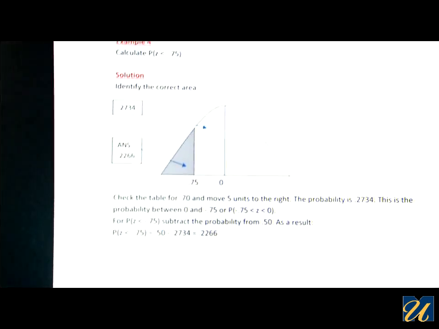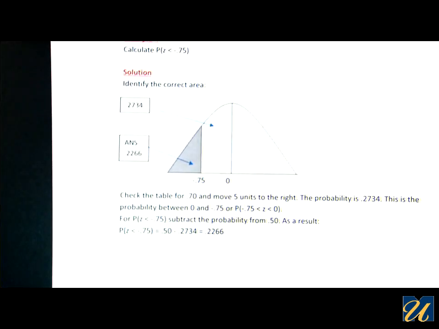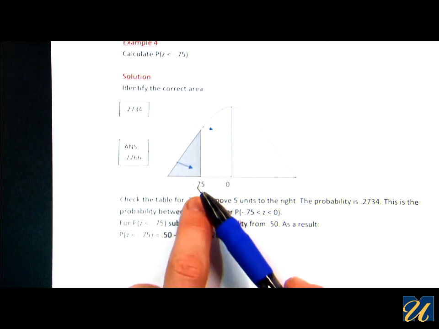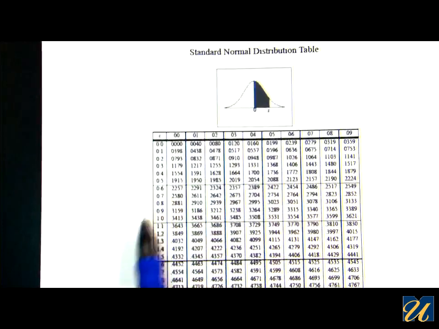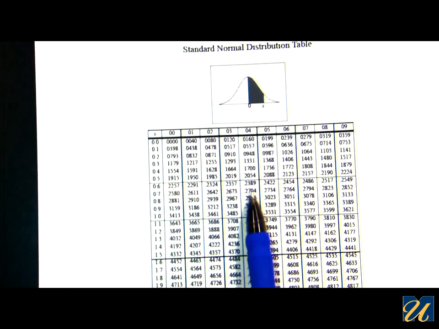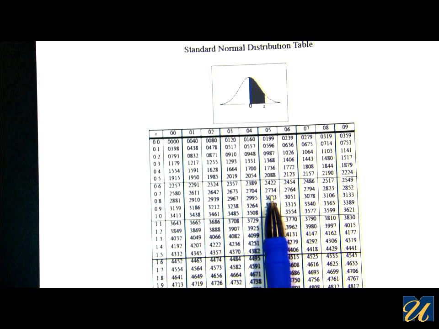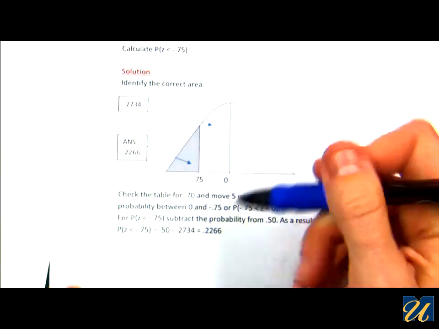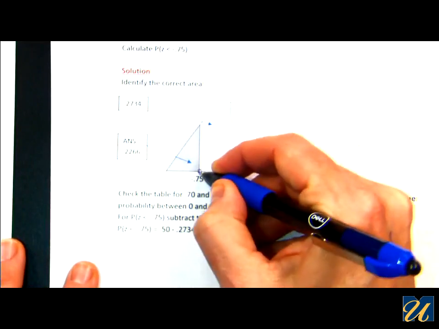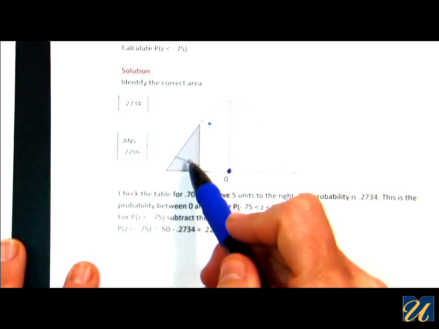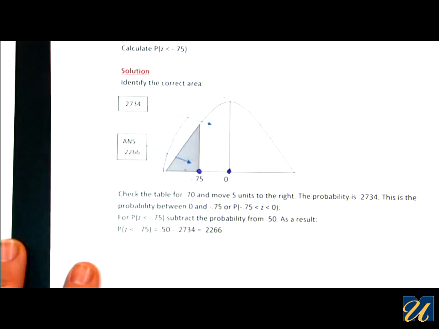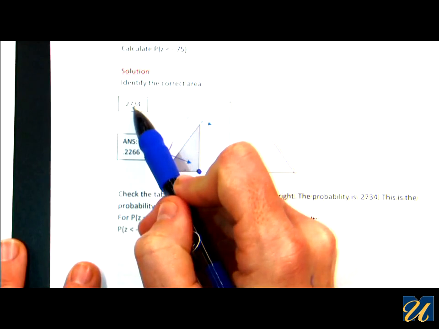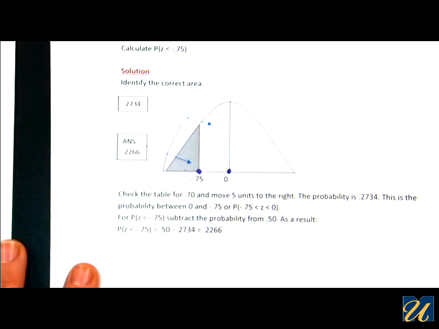Same thing with the other side. I'm looking for the area where the z-score is less than negative 0.75. We will check the absolute value 0.75, which is 0.2734. 0.2734 is this area from the mean to the z-score. I'm looking for this area, however. I know that this part here is 0.5. You will do 0.5 minus 0.2734, and your answer will be